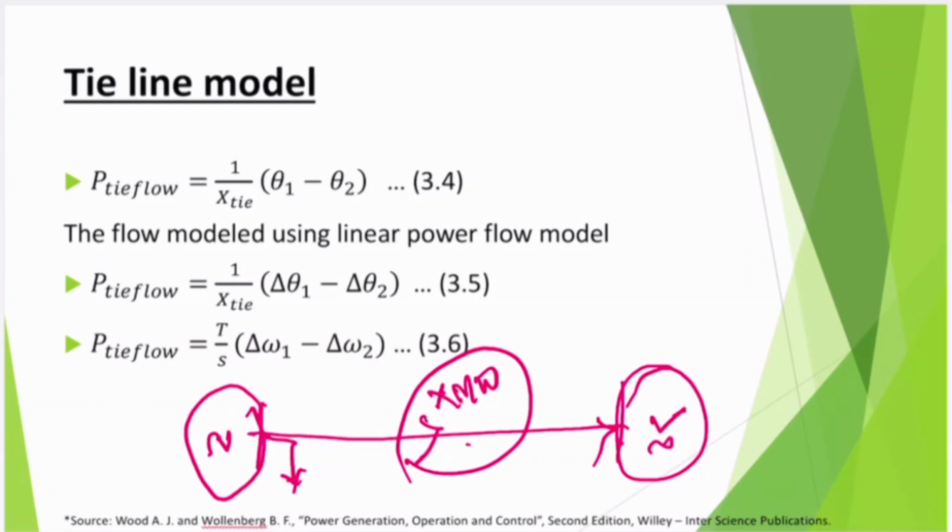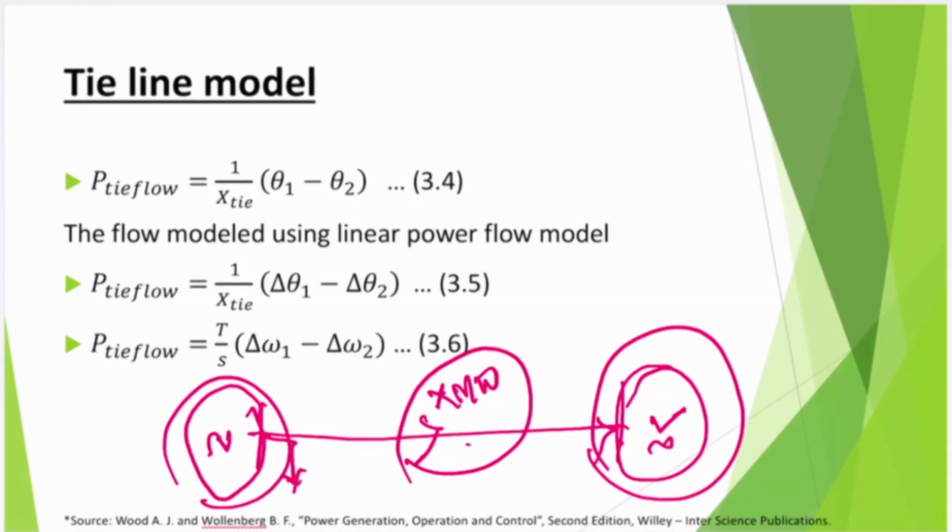Now because there is a tie line, the modeling of area 1 and area 2 becomes different. So whatever modeling we have done in the past will change if there is a tie line attached to that area. If there is no tie line, you are perfect. But if there is a tie line, then that variation needs to be accommodated. So what is tie line power flow? It is 1 upon X tie